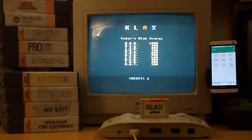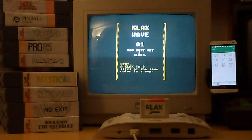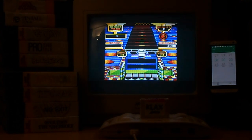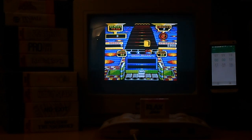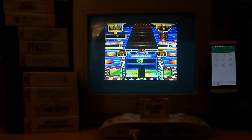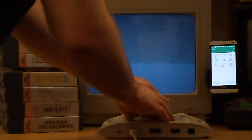I think most of us know what Clacks is. It was on there when Tetris came out. There was a lot of rip-off games. I suppose this is kind of one of them. Yeah, you collect things on your back there, put them on the bottom there. You've got to get tiles into rows of 3. That makes a Clacks. Don't let them drop off the end. You can only do that too many times. There we go. Gets progressively harder, of course. But there you go. That is Clacks. Next,